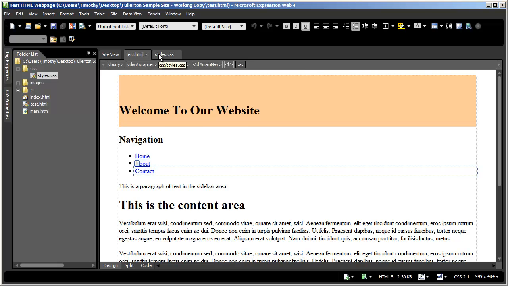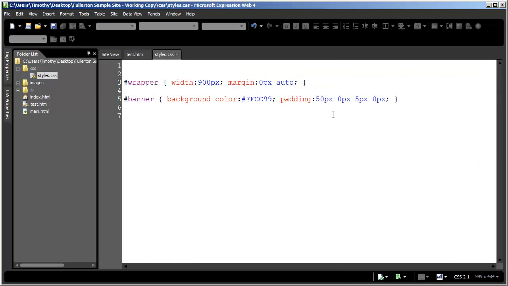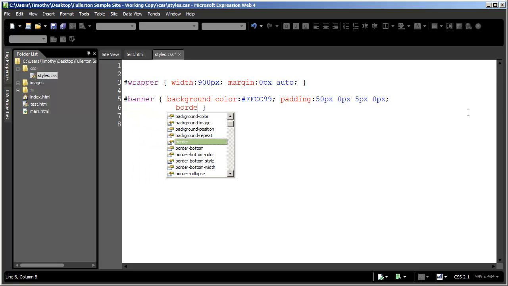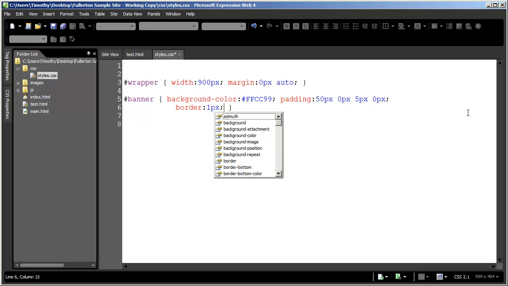So you can see how you can use padding and margin to space things out. Now again, one of the things that initially confuses a lot of people when they're starting to deal with the box model properties is the difference between padding and margin. And here's the difference. I'm going to go ahead and add a border around my